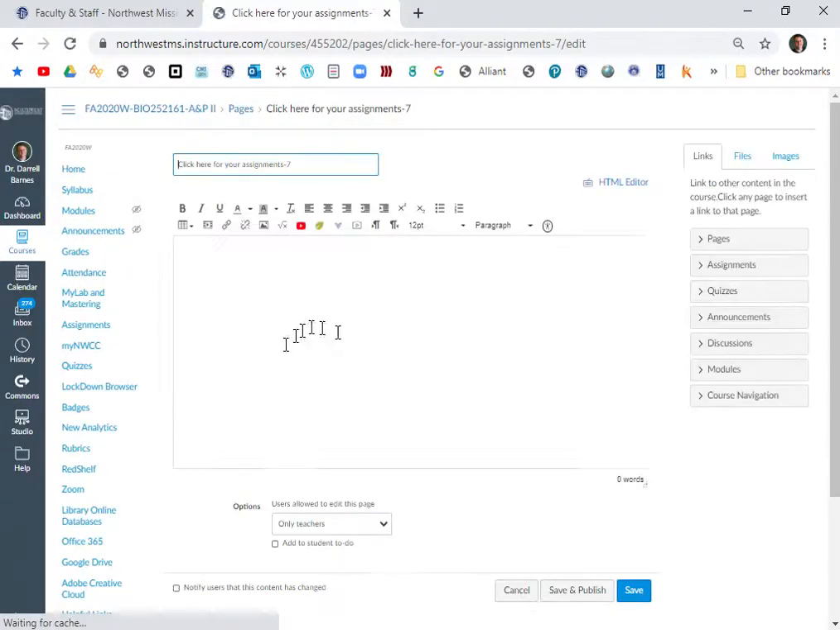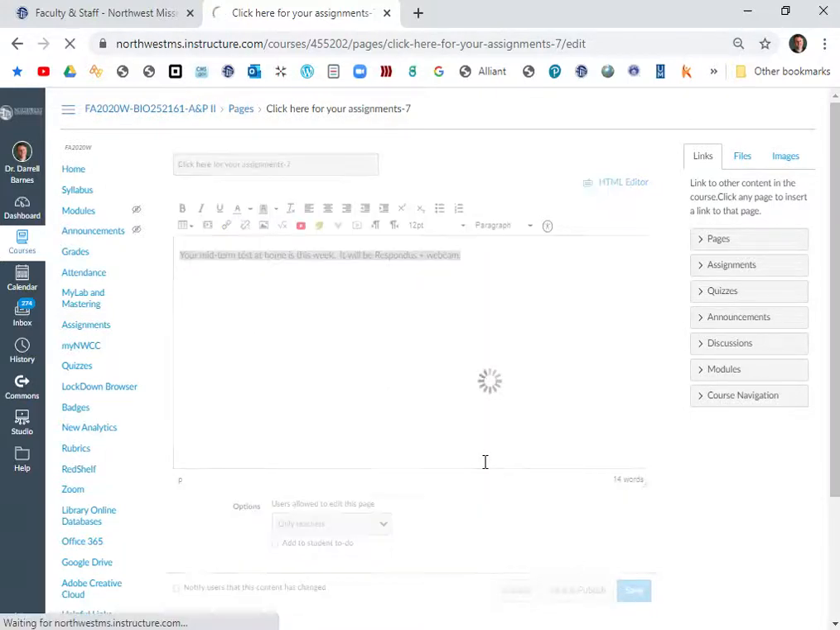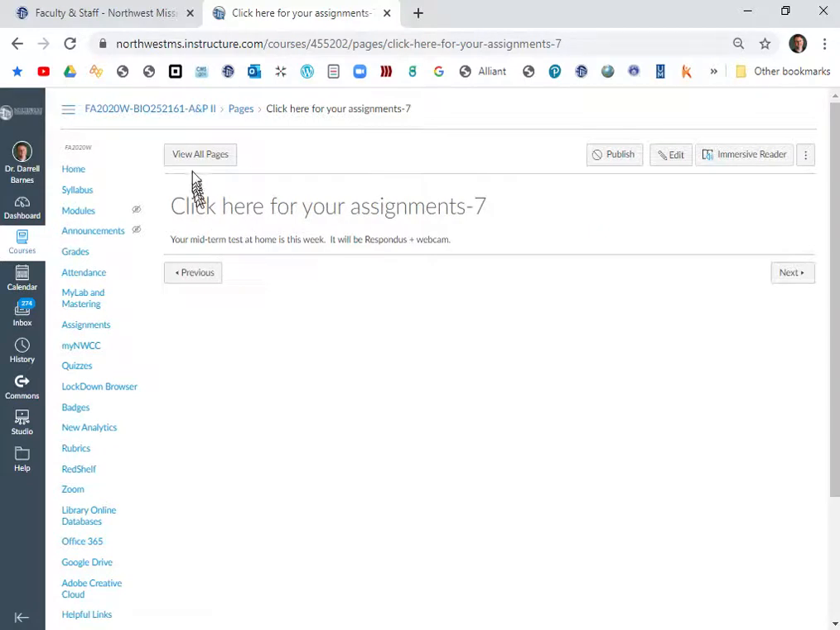And let's just, kind of as a placeholder, say your midterm test at home is this week. It will be Respondus web plus webcam. How about let's say that, yes. All right, let's just do that for now. That's midterm. Let's copy that. Let's save it. And then let's go back to